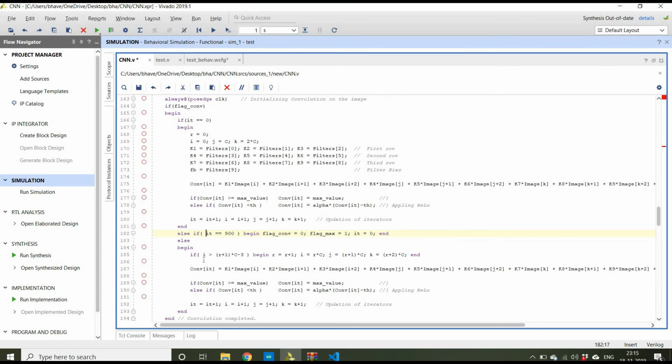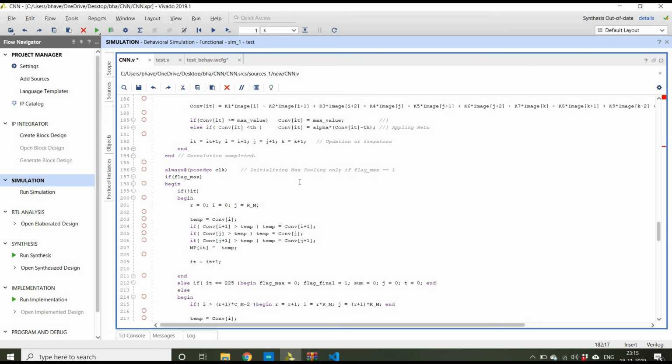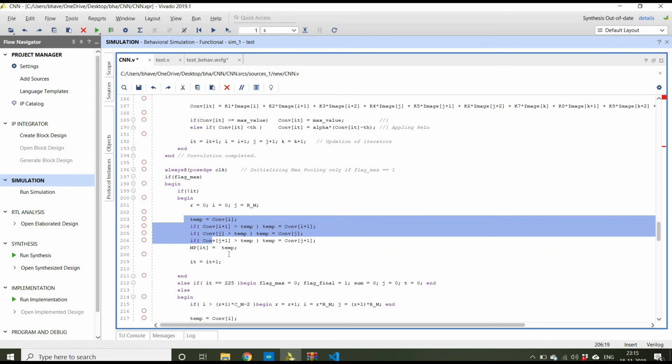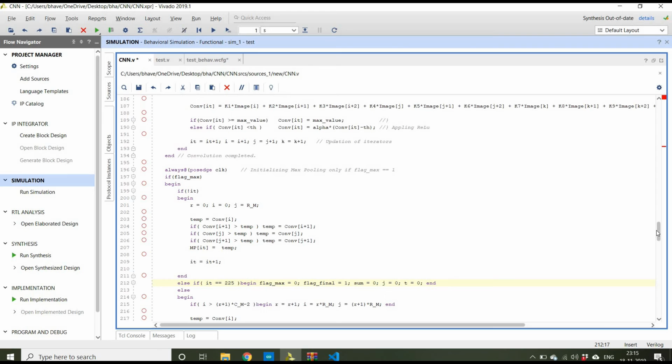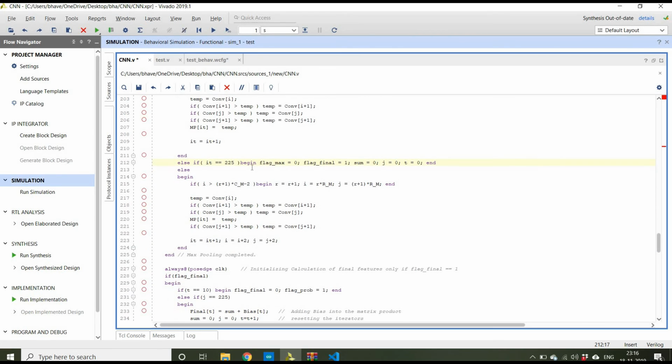Unless this condition is satisfied, the convolution process will continue. So here the max pooling always block is executed and the max pooling process is done. After the iterator reaches the value 225, the flag max value will become 0 and the flag final value will become 1.